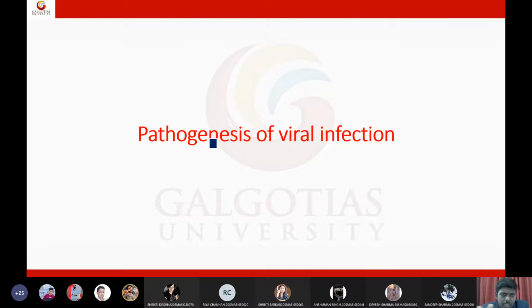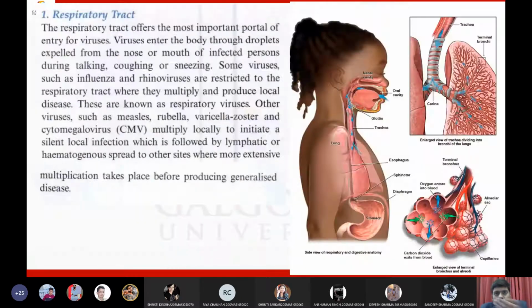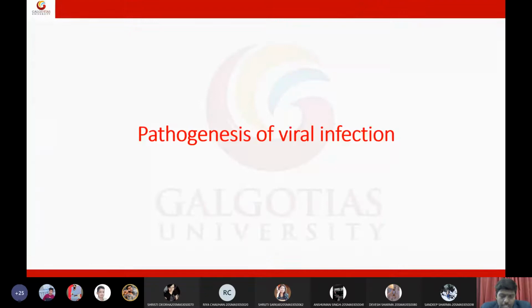So typically, let us see what happens whenever a virus infects a body. The pathogenesis of a viral infection. Now students, to understand viral pathogenesis, first you should understand the chain of infection. Do you remember what the chain of infection is? First we have a pathogen, then the pathogen has a reservoir. From the reservoir, the pathogen will exit, portal of exit, then route of transmission, portal of entry, susceptible host and getting infection. So infection always starts with a portal of entry, how the virus enters the body.